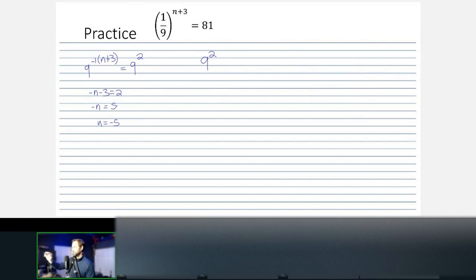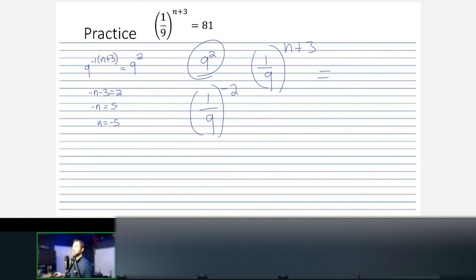So on the left side, we're going to have 1 over 9 raised to the n plus 3. And then we're going to flip this guy to be 1 over 9 raised to the negative 2 power. All right, does everyone see that? Because 1 over 9 raised to negative 2 is still, if you type that in, hit enter, it will still